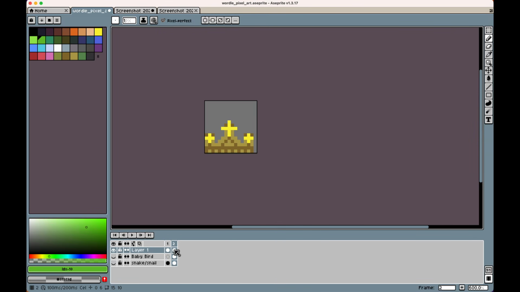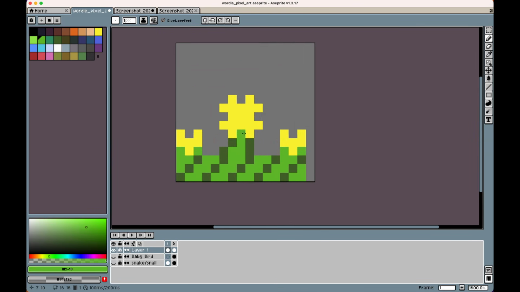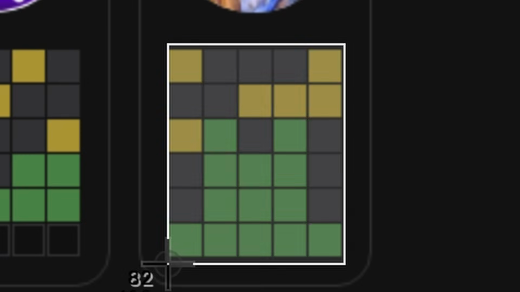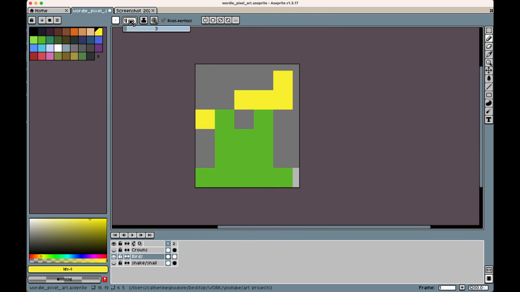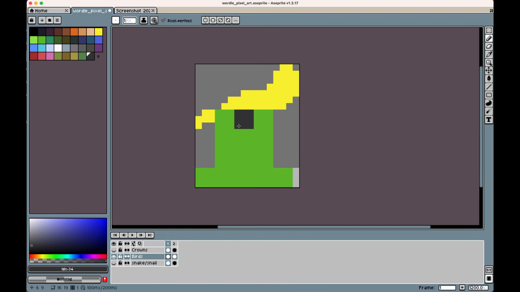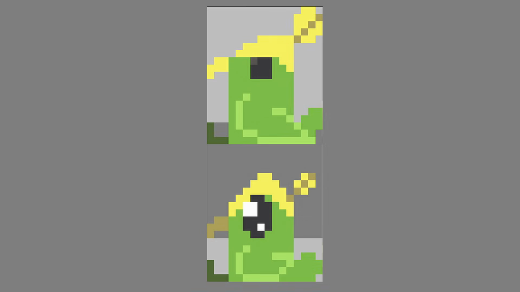Satisfied with these results, I went back to the Wordle pool and found yet another bird. What the heck? But this one was slightly different. It looked older, more mature, more capable and intimidating, like an adult version of the baby bird. It's so cool to see what little differences made the bird feel so different. The smaller eye, bigger head feather, sharper forehead, and longer body. Don't ever talk to me or my son again.